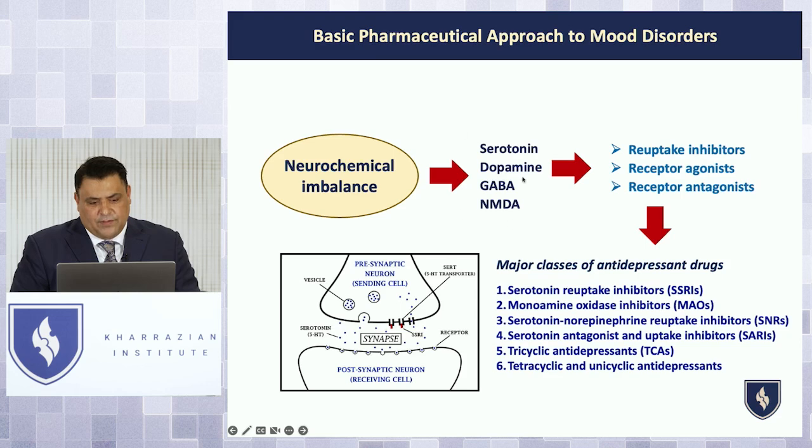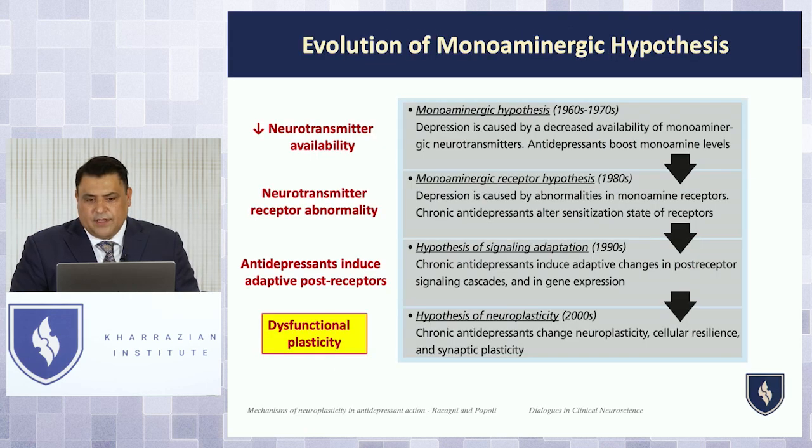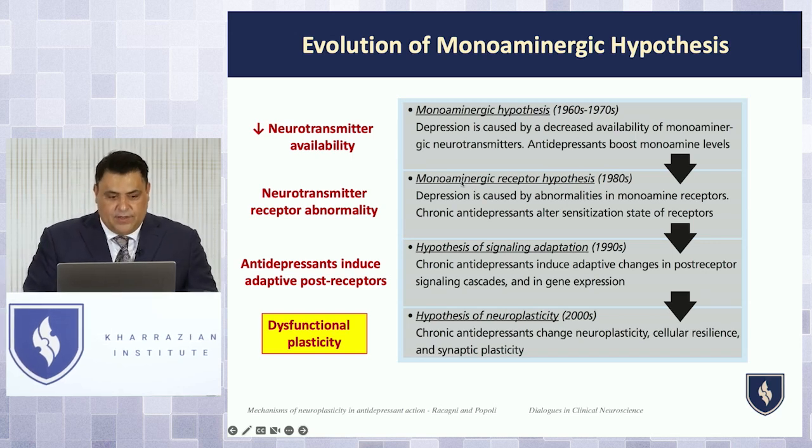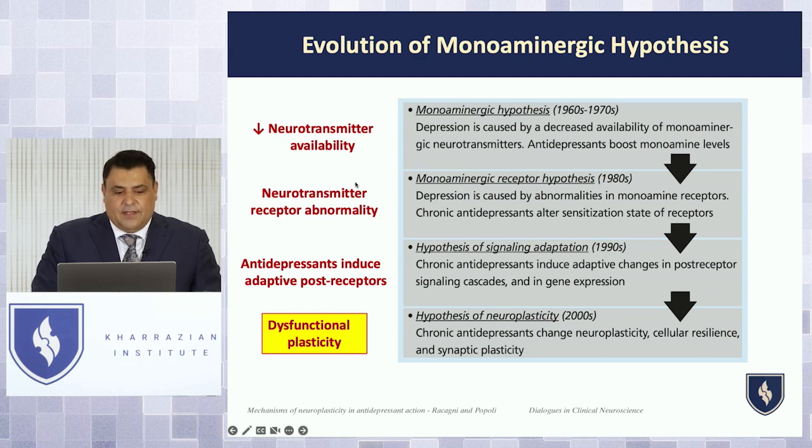Okay, so now when we look at the pharmaceutical approaches to depression, we can see that these neurotransmitter models in the long term don't really work, and in the short term, their effects have been greatly exaggerated. And you look at the evolution of antidepressants being used. In the 1950s and 60s, the drugs were developed, and in the 60s and 70s, monoamine drugs were commonly used, and they thought depression was caused by decreased neurotransmitter availability. And then in the 80s, they go, wait, it's not just the amount of neurotransmitter, it's the receptor. So this is where the serotonin reuptake inhibitors came in, the 80s and 90s. And then antidepressants induce adaptive post-receptors.